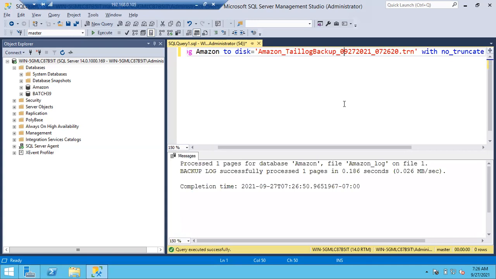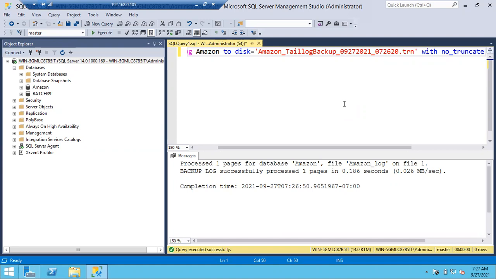Of course, we are going to take the tail log backup when the database is corrupted only. Along with the remaining full backup, differential backup and log backups, you can also use this tail log backup to get all your data. Of course, at least a slight loss will be there. Why? Because we cannot recover to that exact point in time.